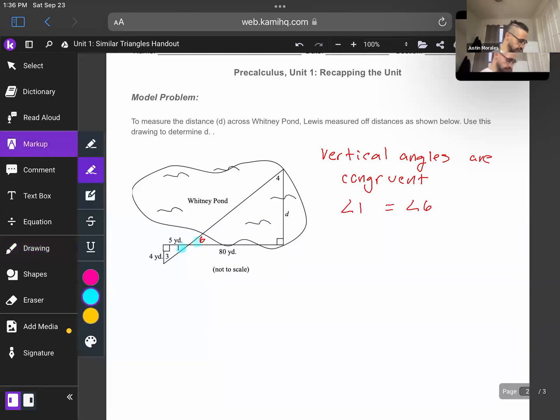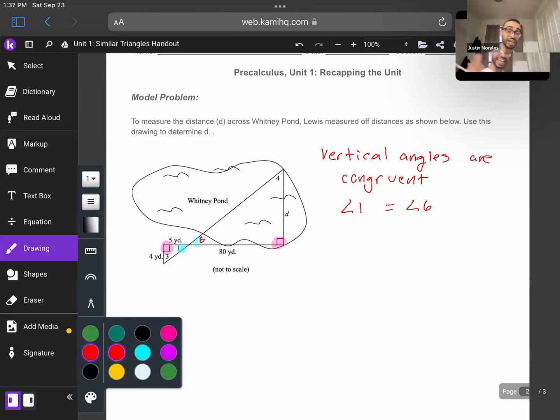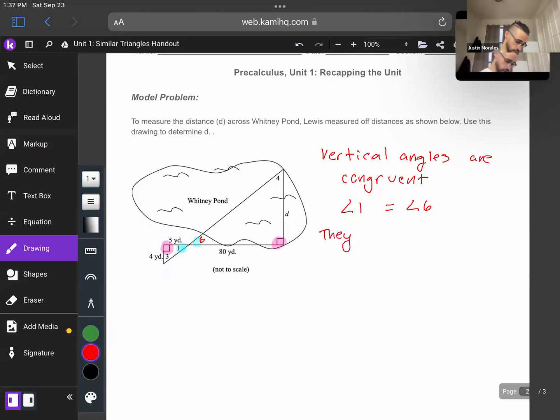Another thing I noticed is that they both have right triangles. So this also lets me know that they have a second angle that is congruent. They both have right angles. So that is actually enough information for us to make the claim that these triangles are similar, because what this lets us know,